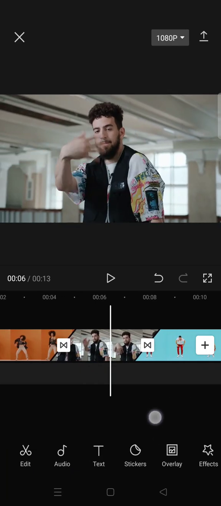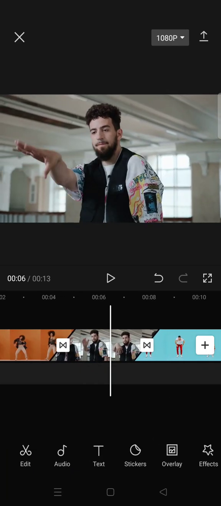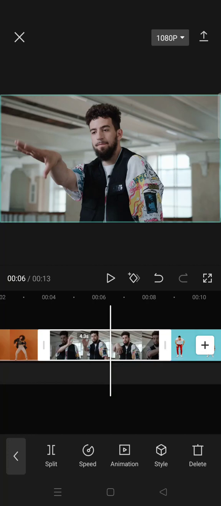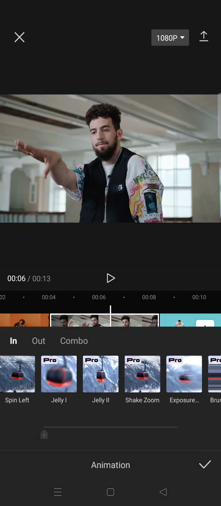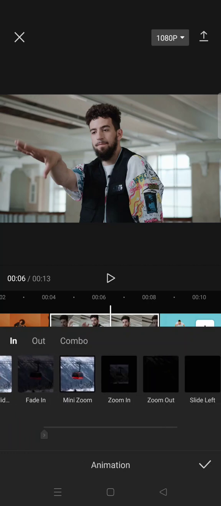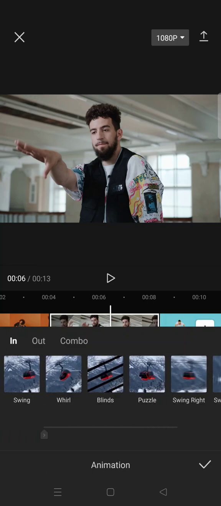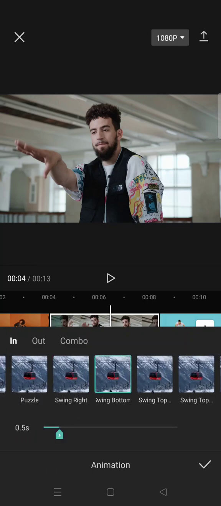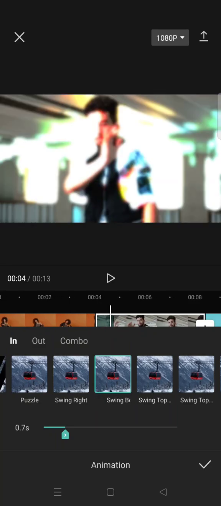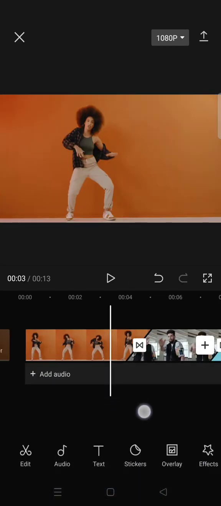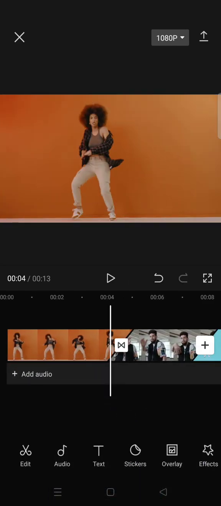Now it has been applied to all of the transitions, and click on the second clip, then go to animation in and then select the swing button animation, swing button, okay, this one, and adjust it to your liking. Click on a check icon, and then after that go to video effect